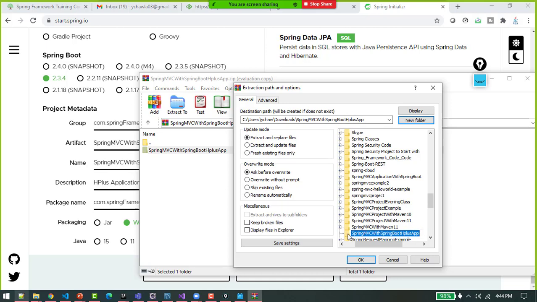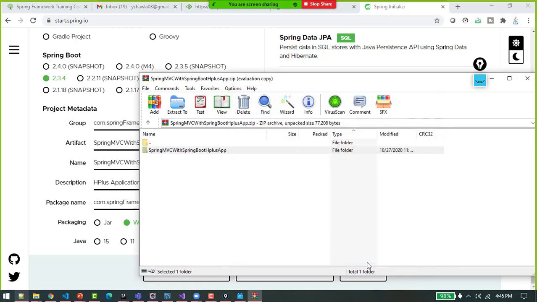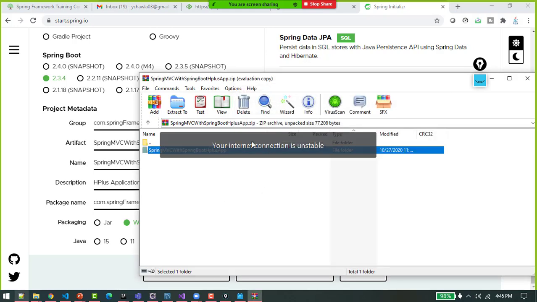Right now in the download folder they have created the project with my name only, I mean with the name of a project only, Spring MVC with Spring Boot H+ app. I said okay, you can place the project in this very folder only, right? So the moment I said okay, the project is